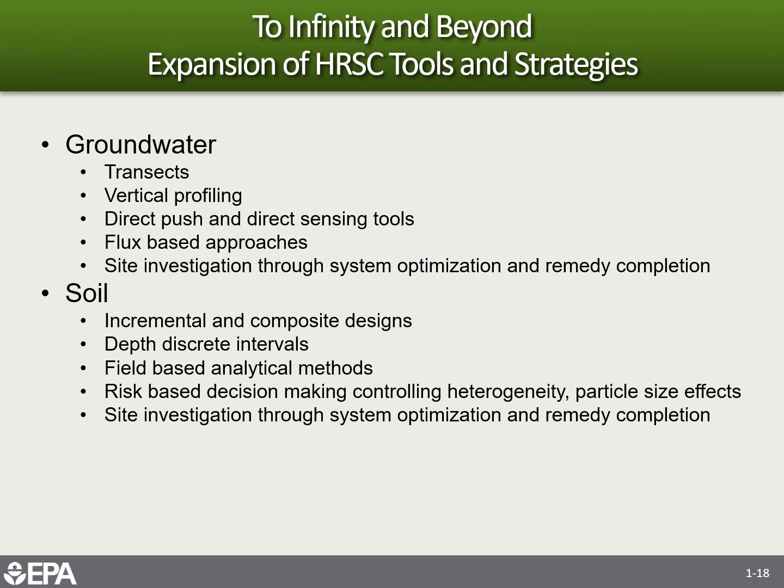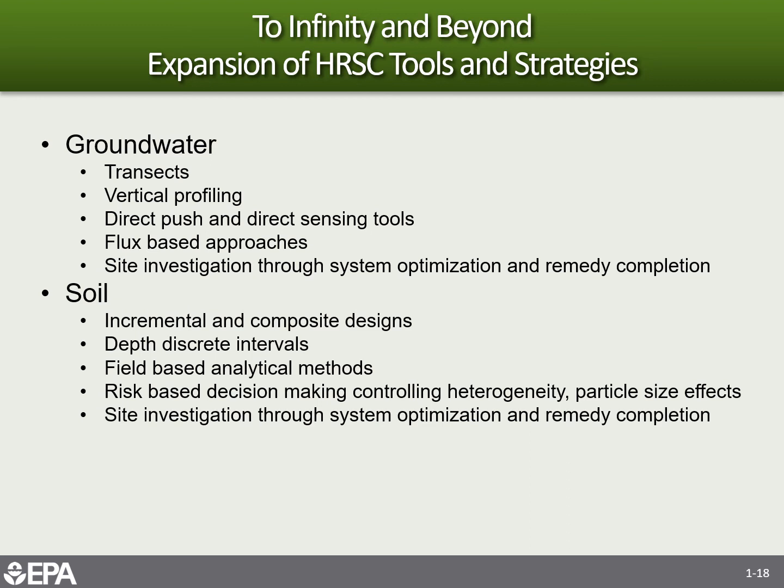So lastly, I just want to end with some thoughts about where I think all of this high resolution stuff will continue to go. So as Buzz Lightyear would say, to infinity and beyond. And this is really an expansion, I see, of just a continuation of using the tools and strategies that we've been developing over the years. So that includes in groundwater using things like transects, very high resolution vertical profiling. A lot of that is aided by our direct push and direct sensing tools. We can facilitate flux-based approaches, which are becoming more and more used, and looking at site investigation through optimization and remedy completion